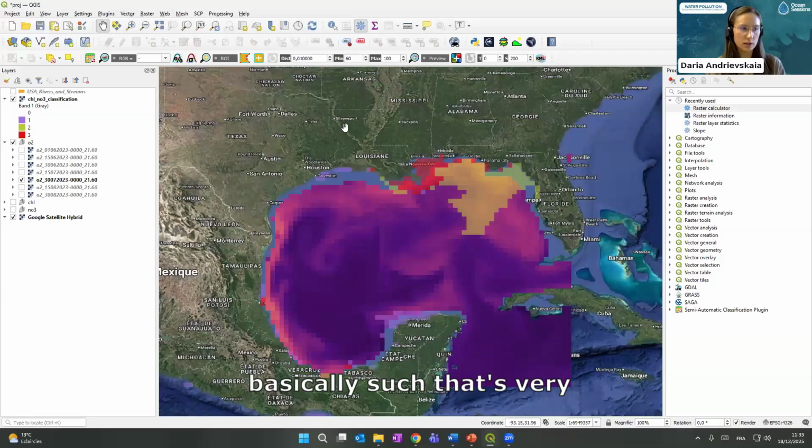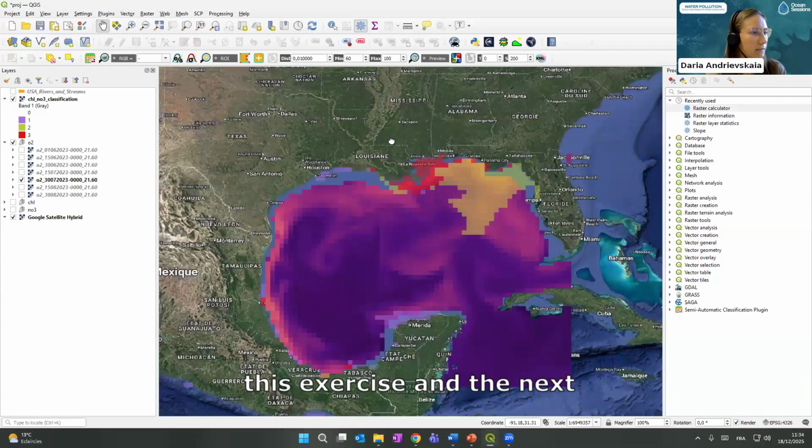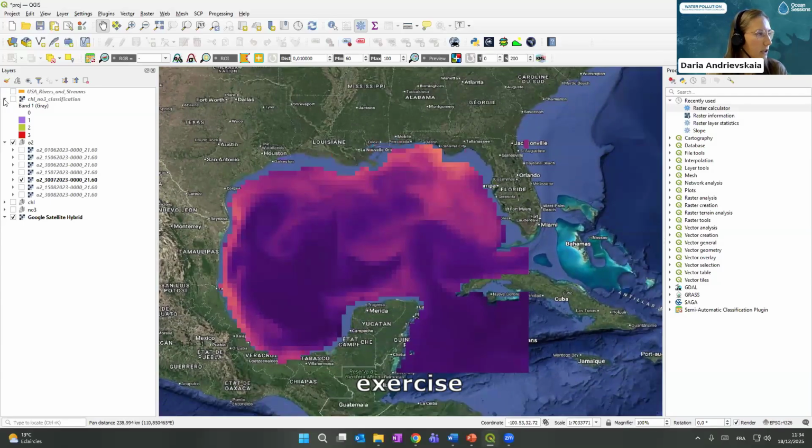So basically, that's very quick, I don't have much time, but the thing is that such classification layers allow us to kind of find the hotspots, zones which correspond to some specific conditions that we want to spot. So that's it with this exercise. And the next exercise, very quickly,